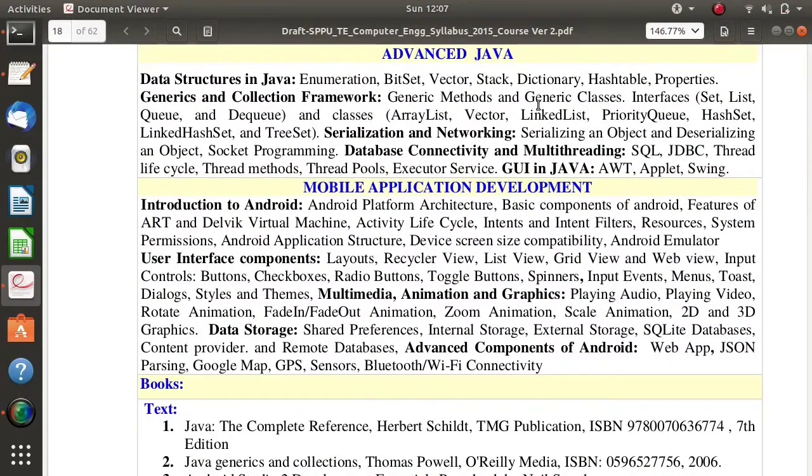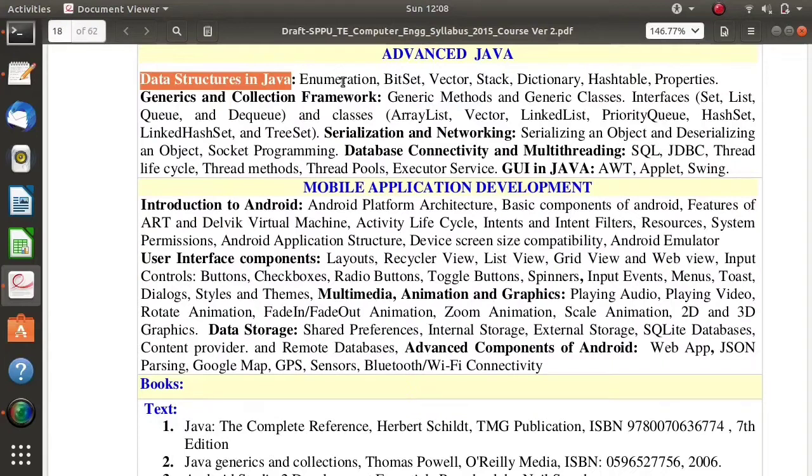Myself Parag Jambulkar. In Java language, various data structures are provided. For example, in C language, for any complex data structure, you have to write code for that. For example, linked list, you have to define linked list by using structure. You have to define tree data structure by using structure. You can define stack data structure by using array. Likewise, in C or C++, you have to define many data structures.